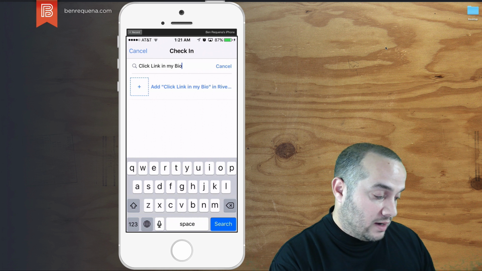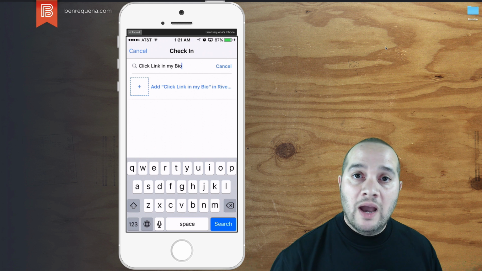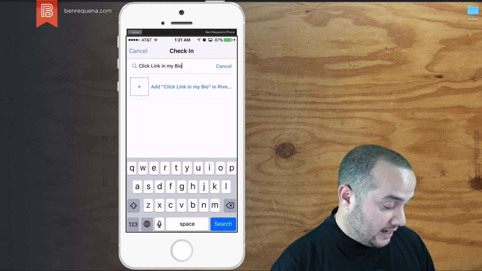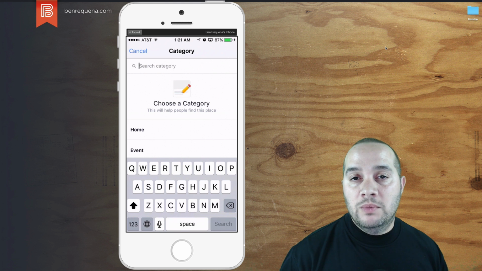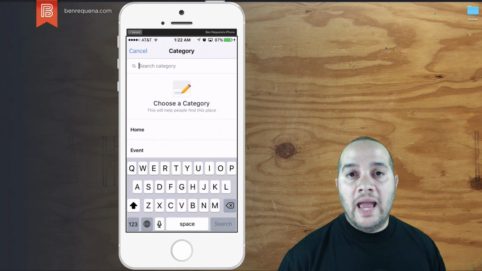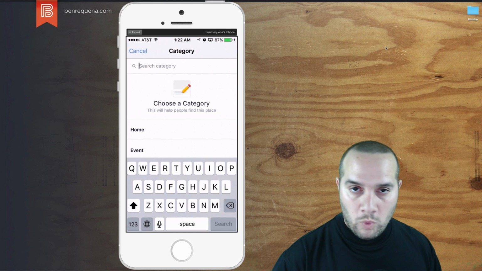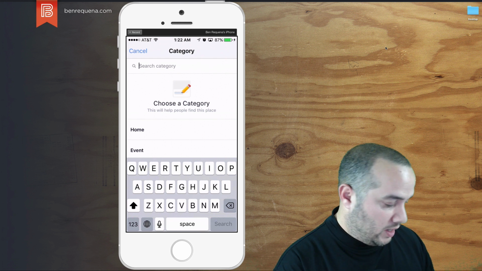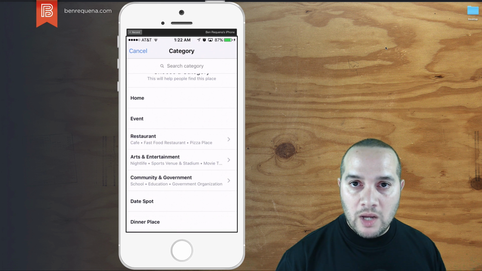But you'll see that Facebook didn't find that location, so it's telling you that you have the ability to add it. And so I'm going to go ahead and click on there. And once you add it, there are going to be some extra form fields that it's going to ask you to fill in as if you're actually creating a real new location, which is what this functionality admittedly was created for, right? So if you click on home, you're going to get some odd settings